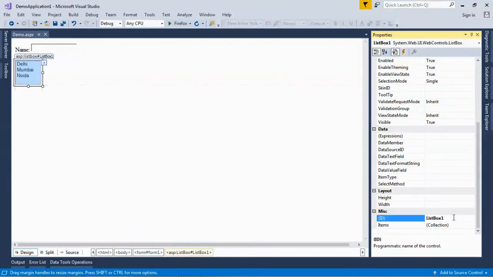the ID part. I just need to give the ID for this list box. Before, here it's by default ListBox1. If I want to add one more list box, then the default ID will be ListBox2.